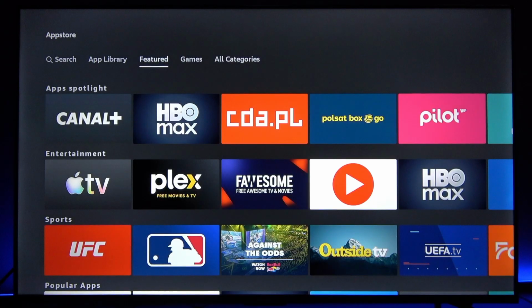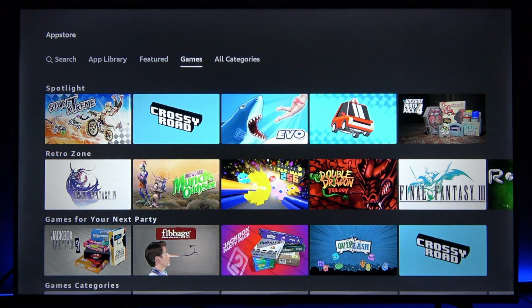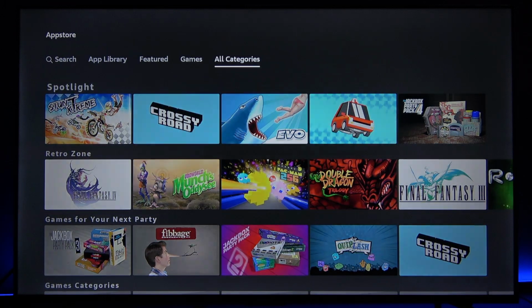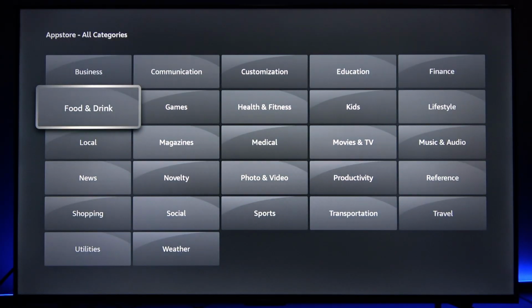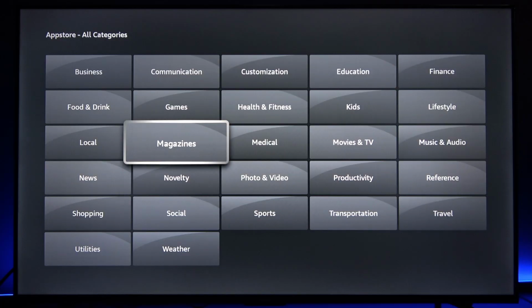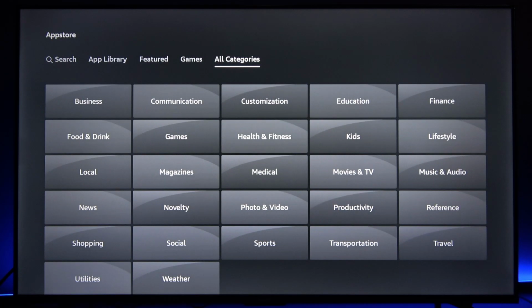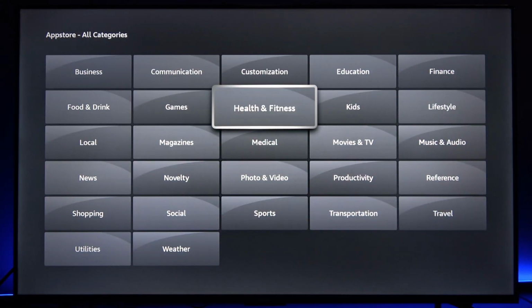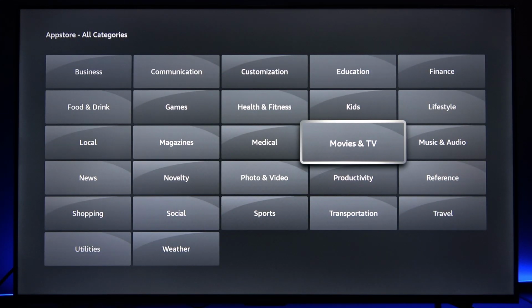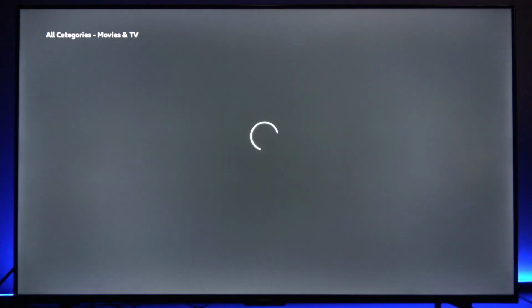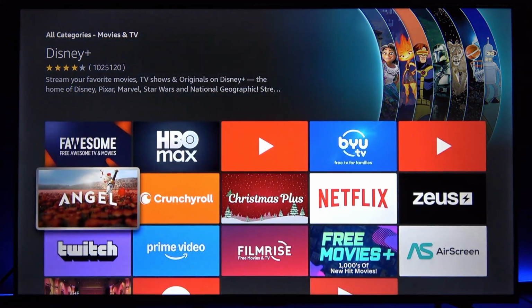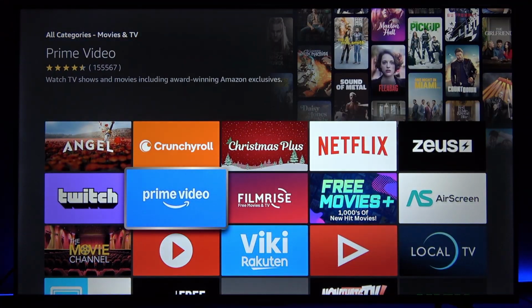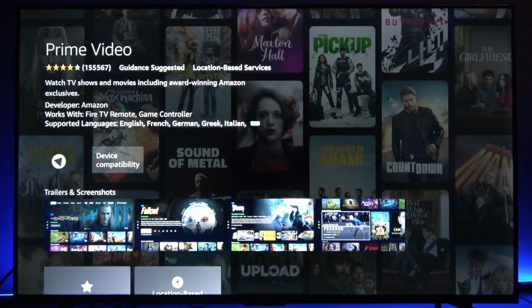We have featured applications, we have games tab, and we have all categories as the last tab here. In all categories, we can select the category of the application that we need. For example, movies and TV, and here we have the many different streaming services for our TV to install. Just select the application that you want to install, and then